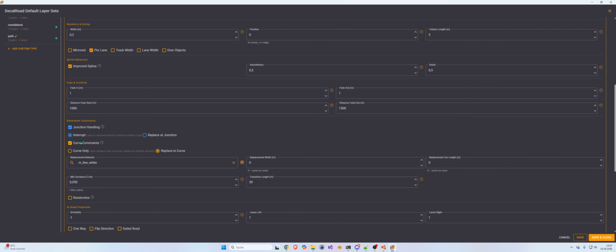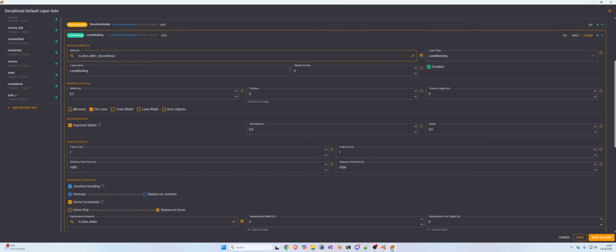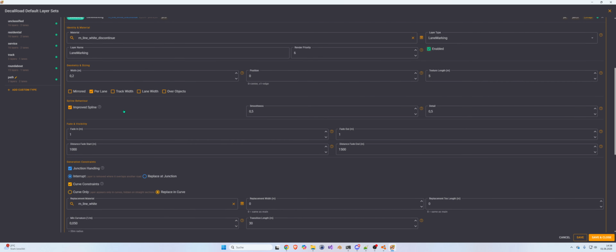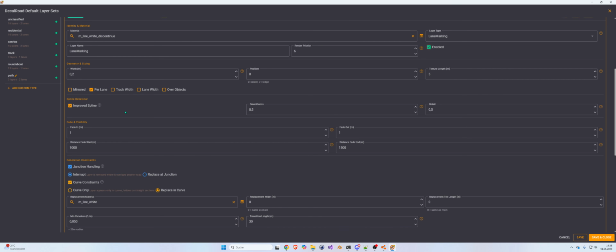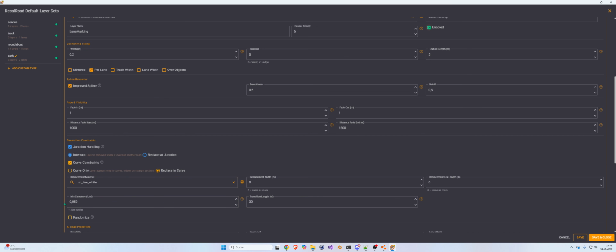Here you see the curve constraint, replace in curve. We normally have this discontinue line. And if you want to have this forbidden line for overtaking, so the continuous line, you say curve constraint, replace in curve, and we do the same, say,